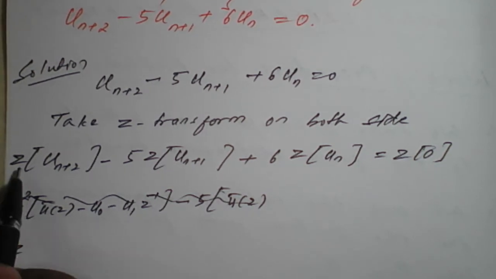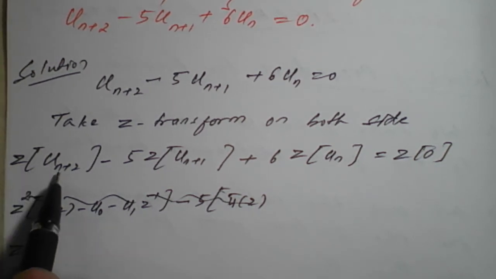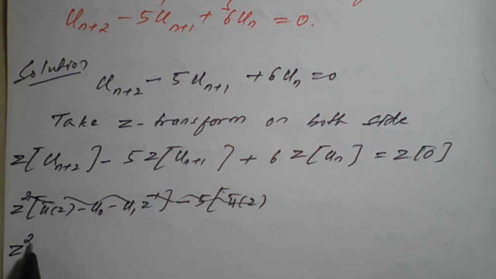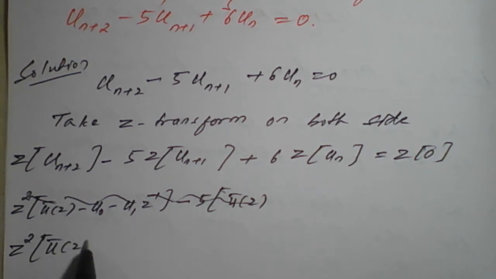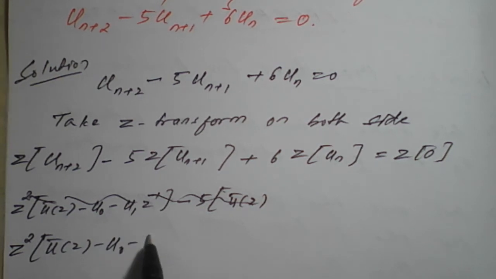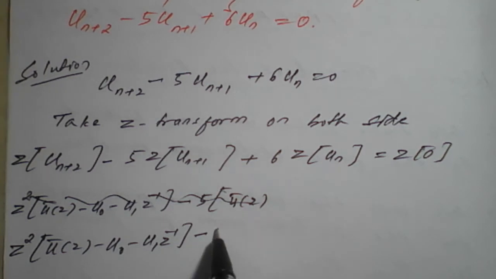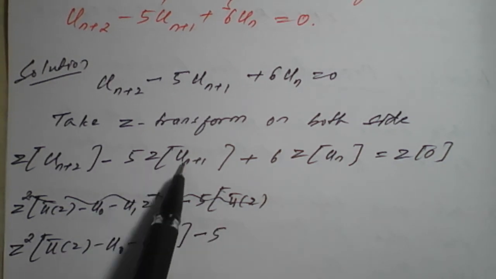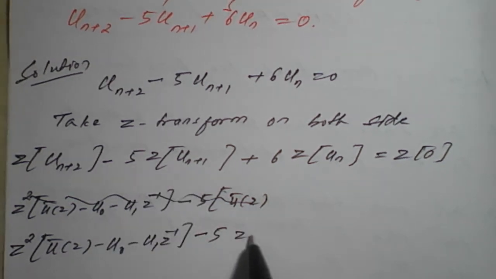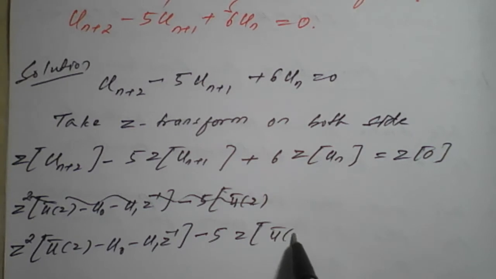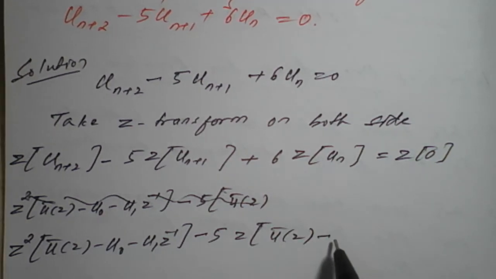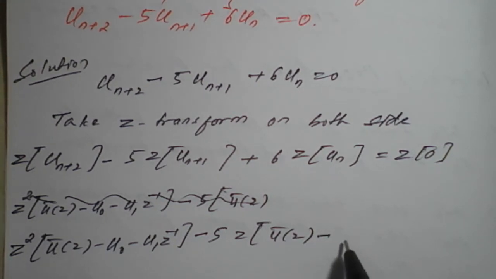So Z transform of u of n plus 2 is nothing but Z square into u dash of Z minus u naught minus u1 of Z raised to minus 1, minus 5 times Z transform of u n plus 1 is nothing but Z into u dash of Z minus u naught